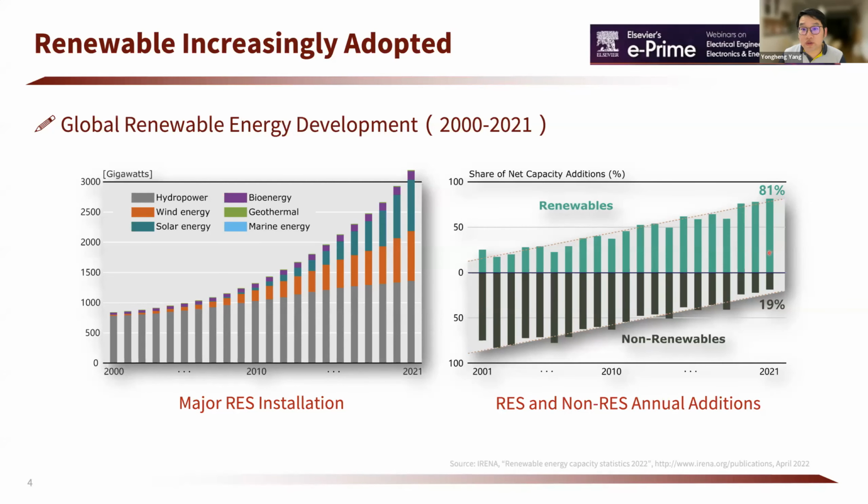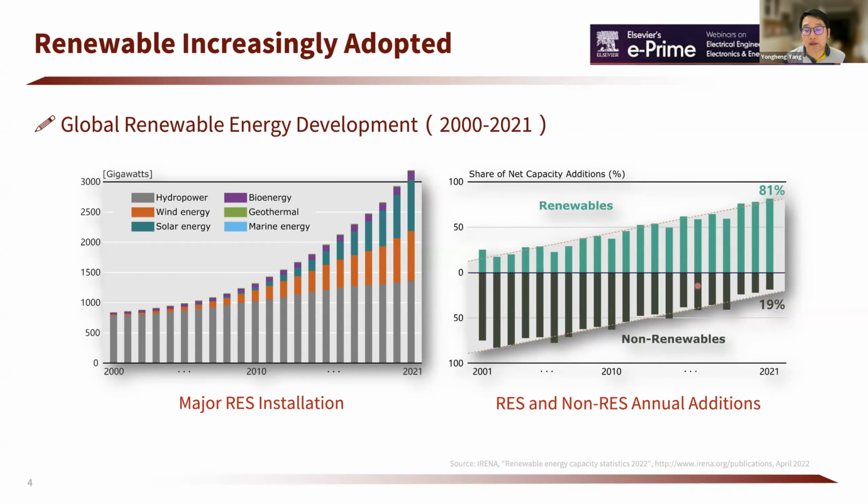And by the end of 2021, the annual installation of renewables is 4 times that of the non-renewables, and we will still see this big gap between the renewables and the non-renewables. In the future, more renewables will be installed in the grid, and more non-renewable power generation will be phased out to tackle the